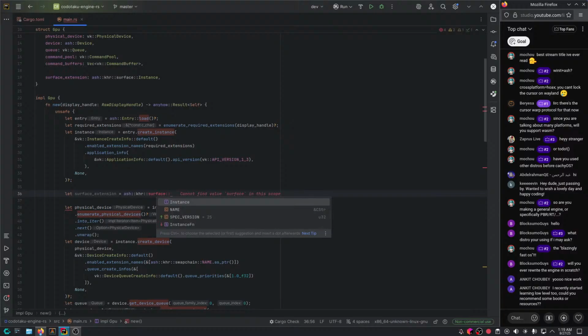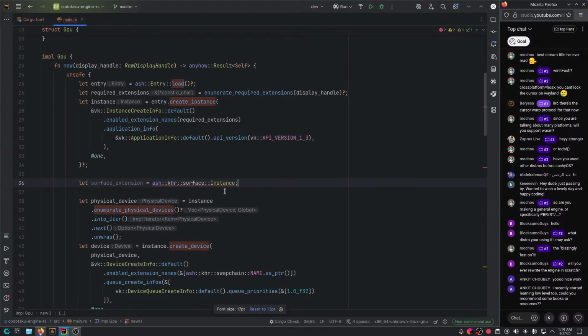I recently started learning low level 2. Could you recommend some books or resources? Unfortunately not. It really depends on what you want. Is there anything in particular? Though I don't know much of books to recommend really. I read a few books, but usually I don't even complete them. But yeah, the best way to learn is to just create projects pretty much and read documentation and maybe watch some talks and stuff, or read some blogs about some particular thing you're interested in, watch some tutorials, and that's pretty much it. Yeah, it depends on what you want.